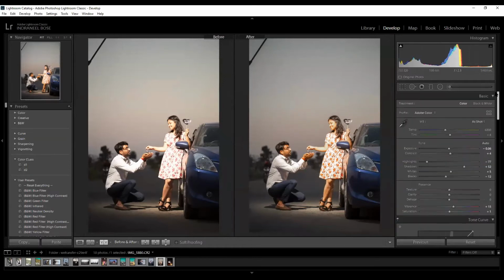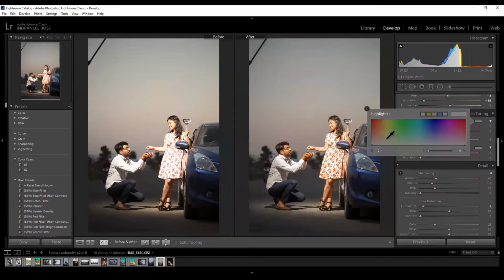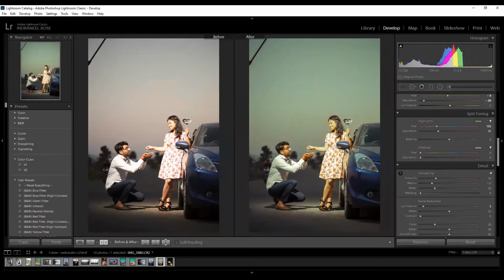And to create a basic mode of the image, we can always go to split toning and use this tonal curves to create a basic tone of the image. So this is one way to do your grading.